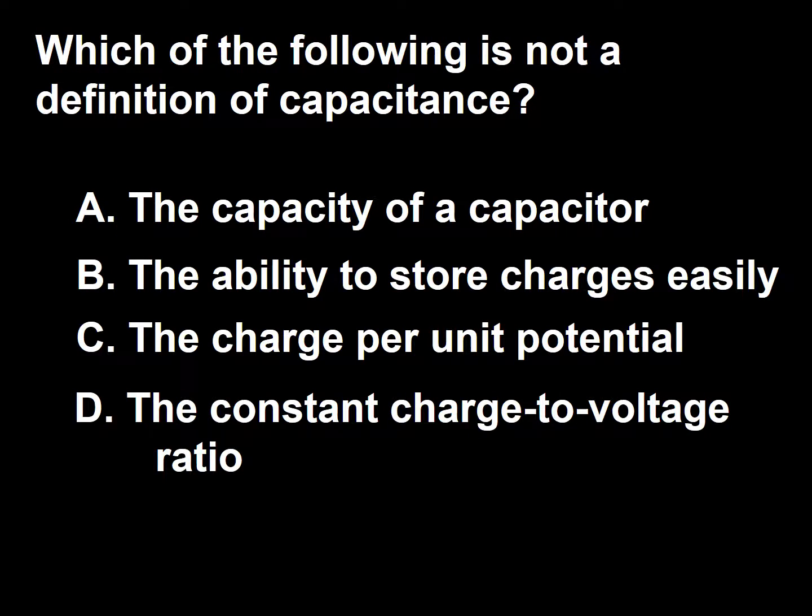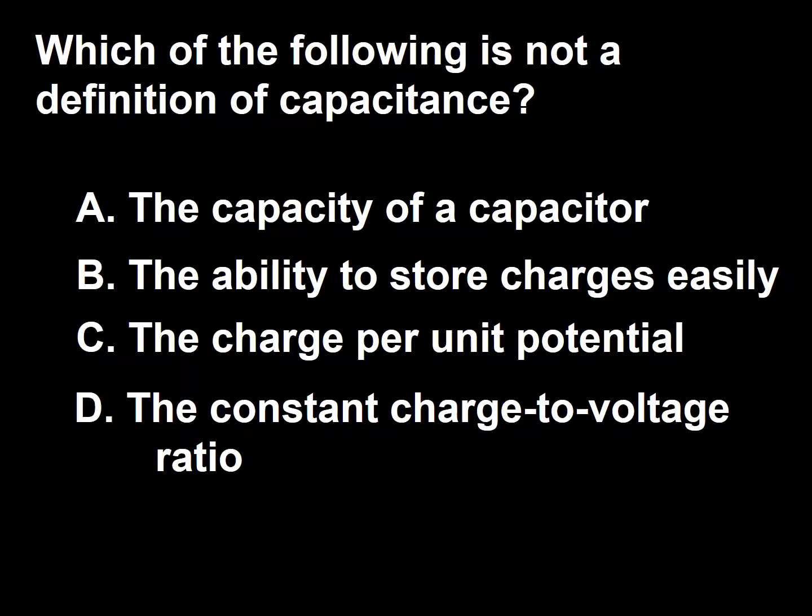Next question. Which of the following is not a definition of capacitance? A, capacity of a capacitor, the ability to store charges easily. C, the charges per unit potential. D, the constant charge to voltage ratio. This question is a repeat,